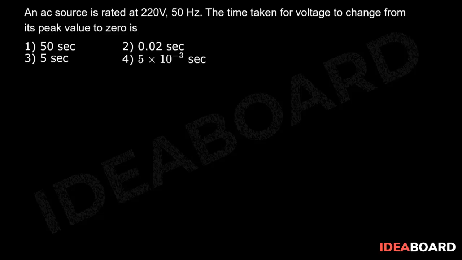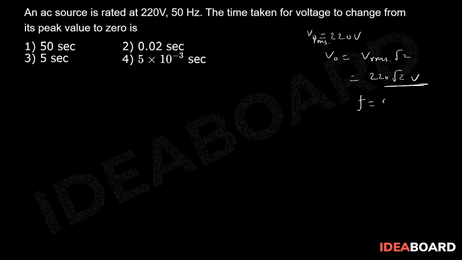An AC source is rated as 220 volts, 50 hertz. The time taken for voltage to change from its peak value to 0 is? So suppose that there is an AC source, so V0 is being provided, 220 volts. Okay, so this is V_RMS, right? So V0 will be equal to V_RMS into root 2, which will be 220 root 2 volts, and the